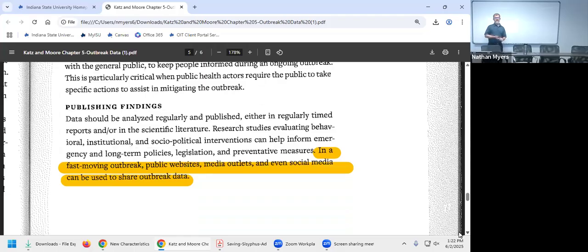In terms of publishing findings in a fast-moving outbreak, public websites, media outlets, and even social media can be used to share outbreak data. Traditionally with scientific or academic publishing, there's a peer review process, and any articles published in academic or scientific journals typically have to go through peer review before they're shared with the public. But during COVID-19, you saw a lot of publications of what were called preprints, which is basically,